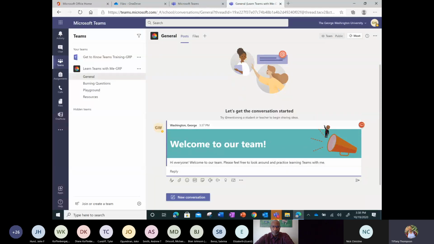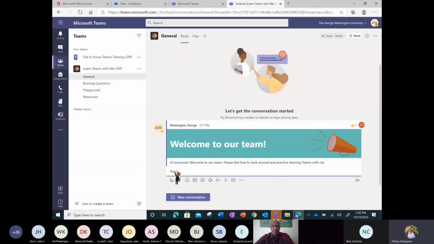And you can optionally go here to the top right hand corner. You'll see some icons for reactions. You can give it a thumbs up, a heart, a smiley face. So I see that one person has already given it a thumbs up. And you can also reply. So you can say, you know, welcome, thank you for having me. I have a burning question. Or you can just give me a smiley face.